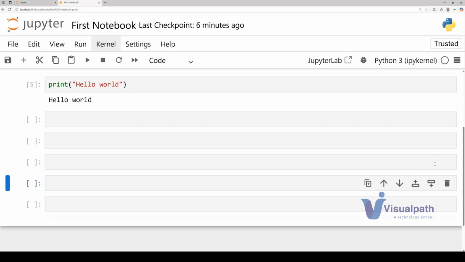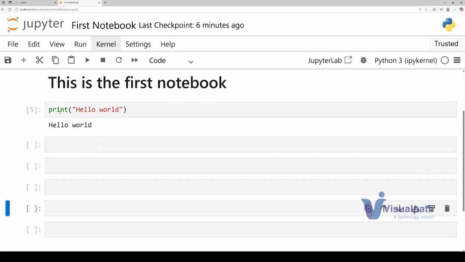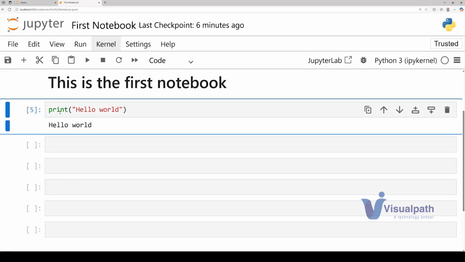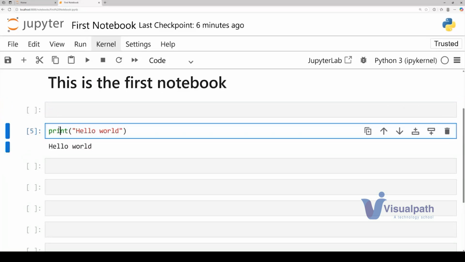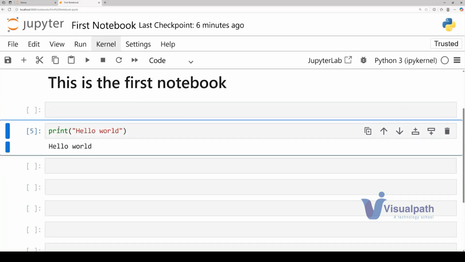But some of you might like shortcut keys rather than this manual work. The shortcut key to create a cell above the existing cell is A. And if you would like to create a cell below the current or active cell, you use